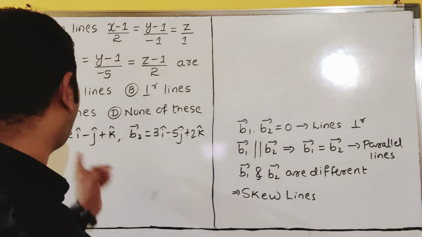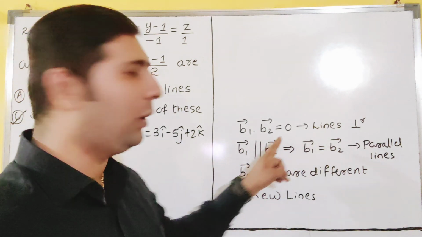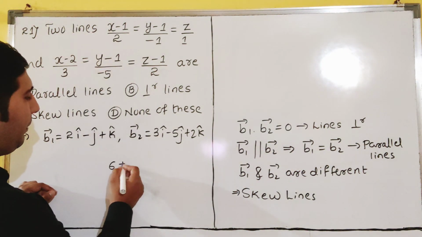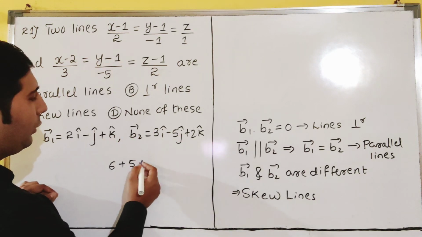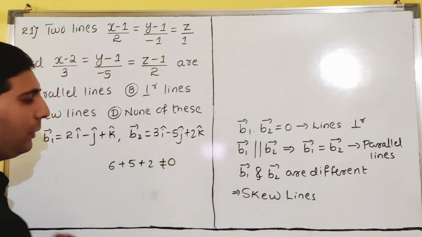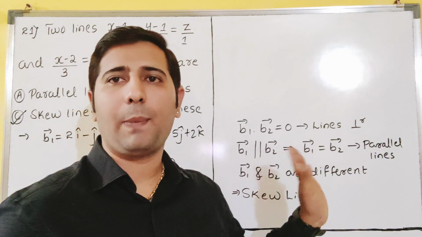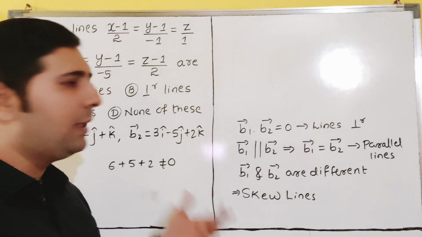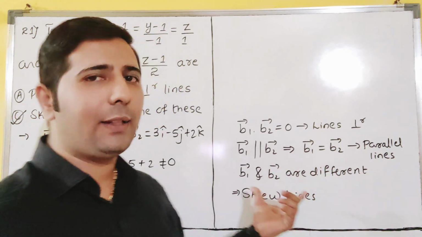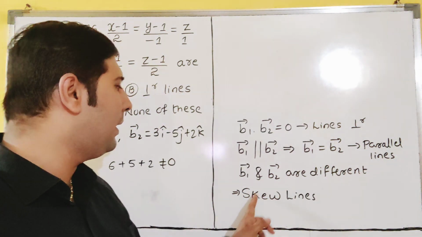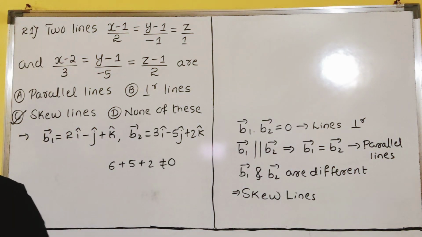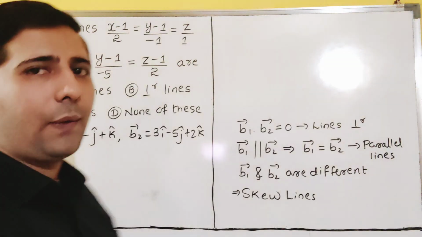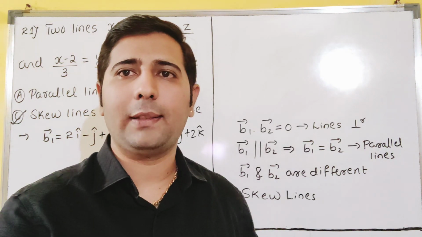C for Congo. And if you take the dot product, it is not equal to 0 also. You can see 2 3s are 6, minus into minus plus 1 5s are 5, 2 1s are 2. This is not equal to 0, you will get. So that's why these are not perpendicular. These are not parallel also, because B1 and B2 are different vectors. Directly it will go for what? B1 and B2 are different. Then you can say these lines are said to be skew lines, dear students. C is our correct answer. C for cake is our answer. So you copy this, we'll see the next question.